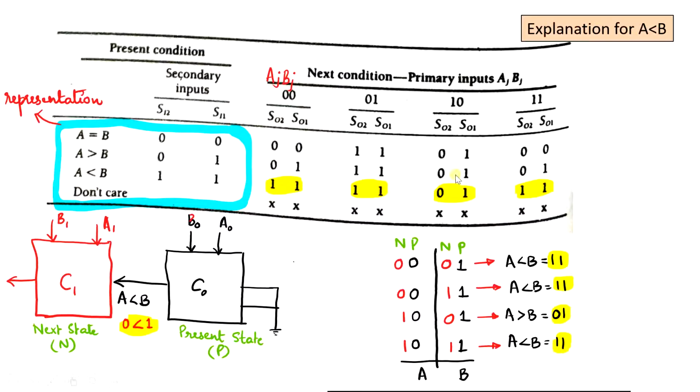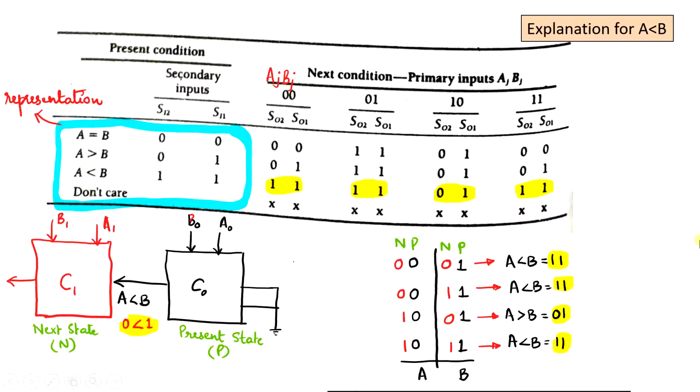Now for the last condition, that is the don't care, when you consider the secondary inputs which are of 2 bits, you can have 4 combinations, 0, 0, 0, 1, 1, 0, 1, 1. When I encoded my 3 output conditions, I have considered 0, 0, 0, 1 and 1, 1. So the last condition that remains is 1, 0, which is considered as the don't care. So when you have the condition 1, 0, that means all these terms are don't care terms.